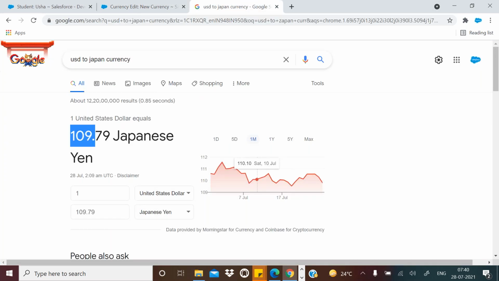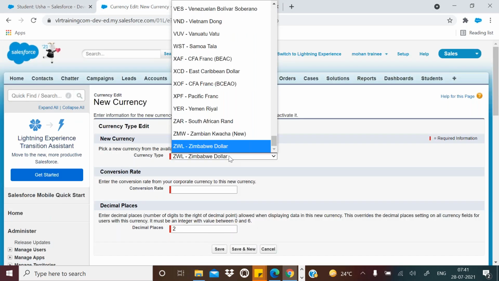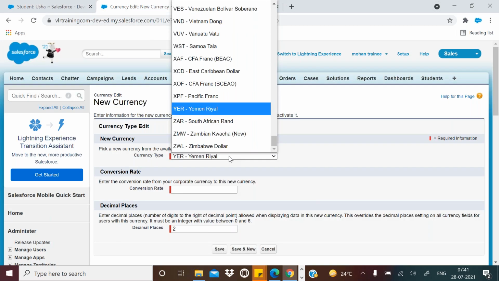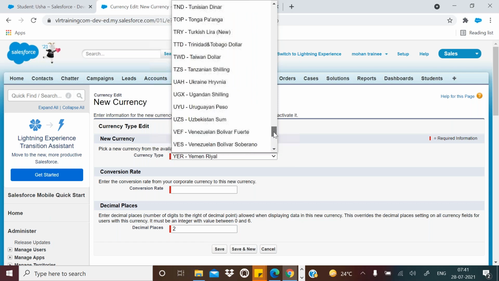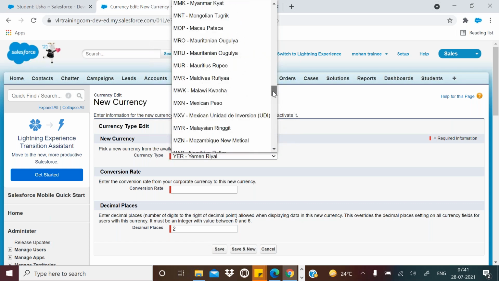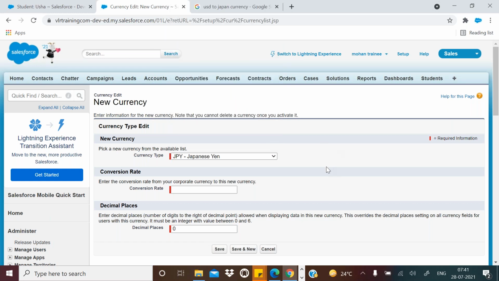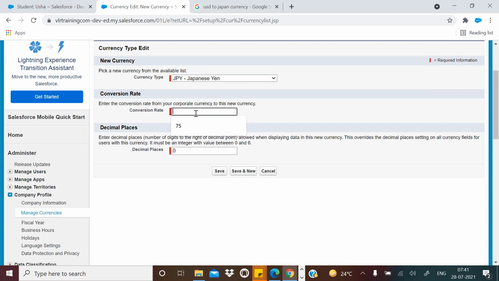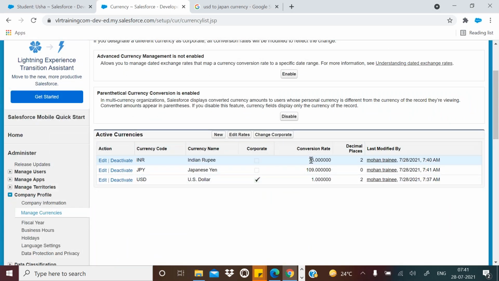What is the Japan currency? Yen. Japanese yen. And what is the conversion rate? 109 with respect to dollar. Save it. That's it.